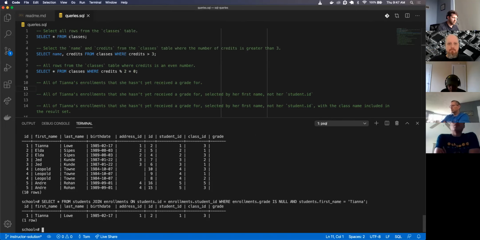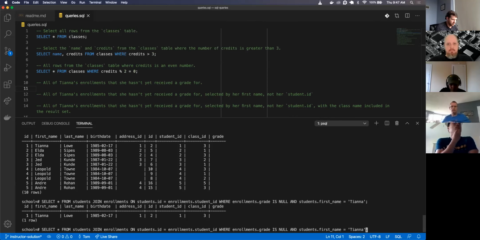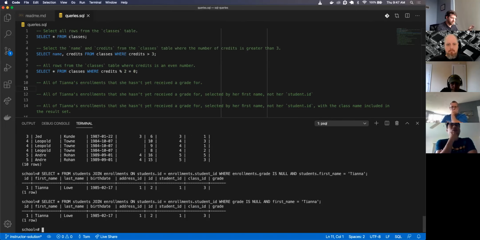So in this case, do you have to do enrollments.grade and students.first_name? Doesn't the join create basically a new table with those columns? So it would just be grade and those columns? Let's check it out. Okay, thanks.